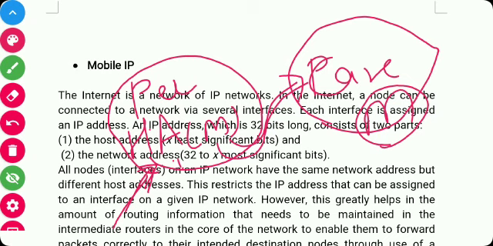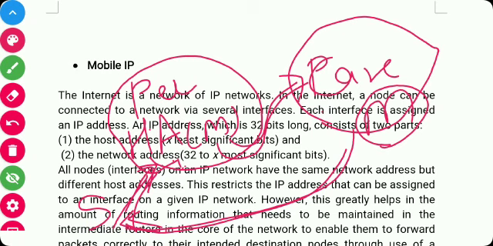In the mobile IP literature, this routing of packets from the sender to a mobile recipient via its home network to the care-of address, and then the response sent to the original sender, forms a triangle, and that is why it is called triangle routing. The packet is sent first to the permanent address, then to the care-of address, and the acknowledgement or response is sent to the original sender. So that is triangle routing.